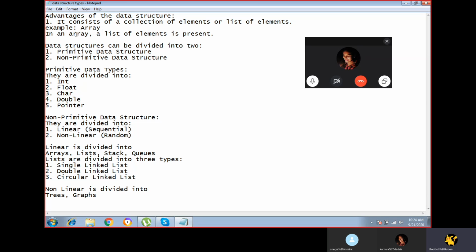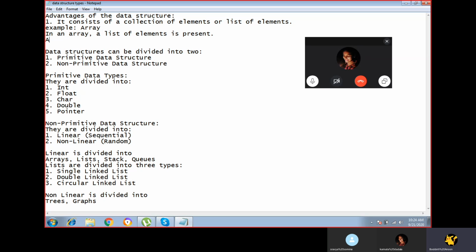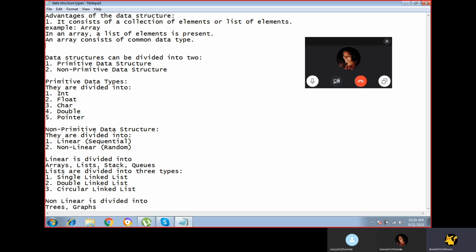Array consists of a common data type. So the first advantage of the data structure is that it consists of a collection of elements or list of elements.